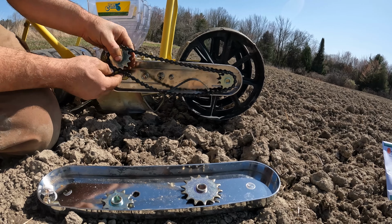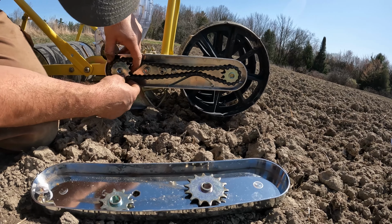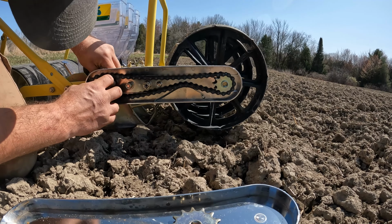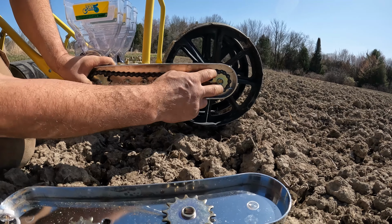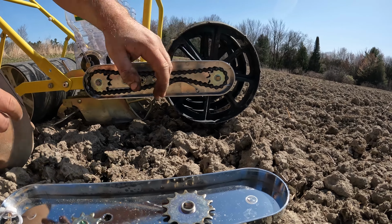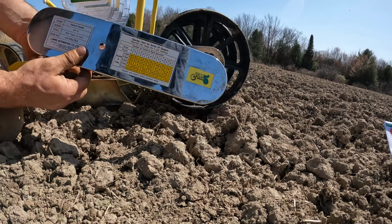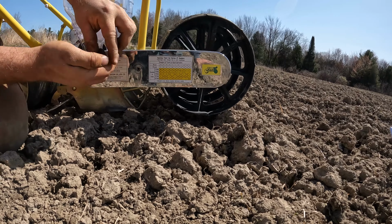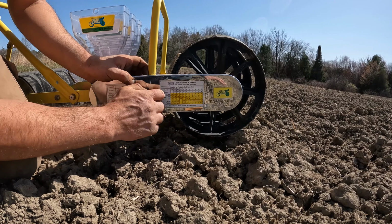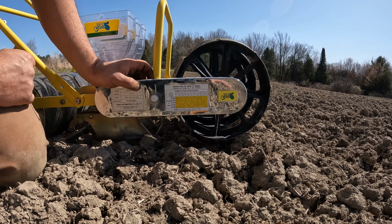Now this is the tricky part. I just have to line up the, there we go, bar to go through. So I now have a 13 on the rear, 11 on the front. I'm going to close the box. And that is how you change the gears on a Jang. Depending on the spacing that you want, you'll put in different gears and